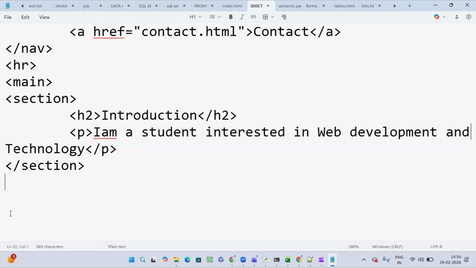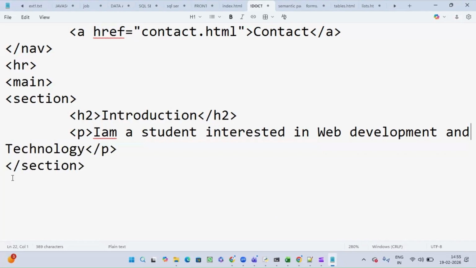And next, I'm taking another section. So introduction, my so and so, I'm a student, I'm a programmer, I'm a developer, I'm a cybersecurity expert, I'm an analyst. You can give any other things. So I'm a student, you can give anything like this. So after this one,